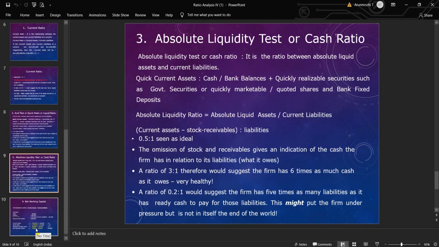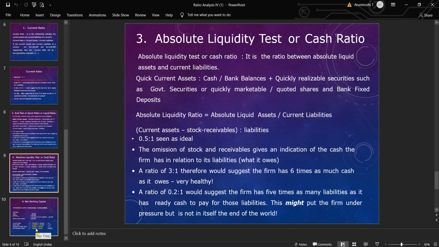Third ratio is your absolute liquidity test or cash ratio. It is a ratio between absolute liquid assets and current liabilities. Absolute liquid assets may be cash or bank balances plus quickly realizable securities such as government securities or quickly marketable quoted shares and bank fixed deposits. Absolute liquidity ratio is equal to absolute liquid assets divided by current liabilities. The ideal ratio is